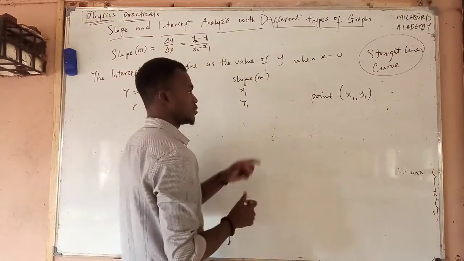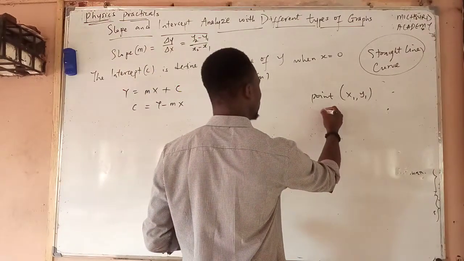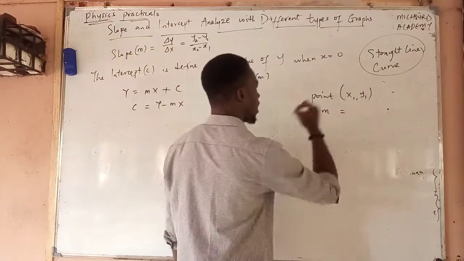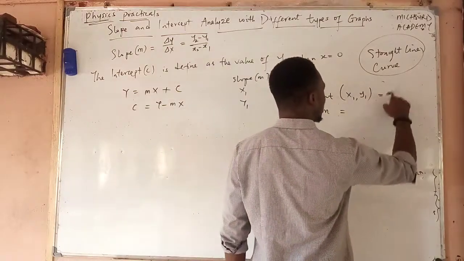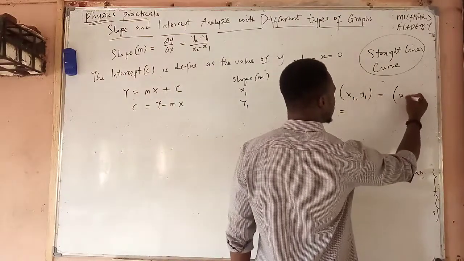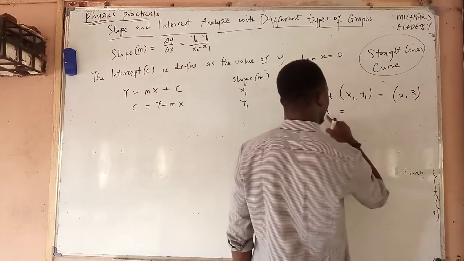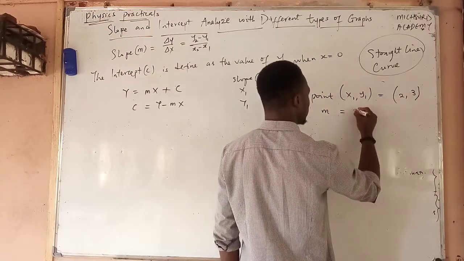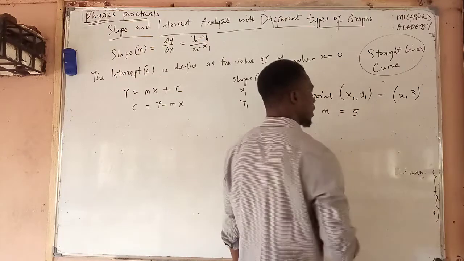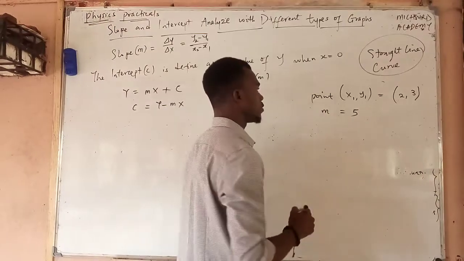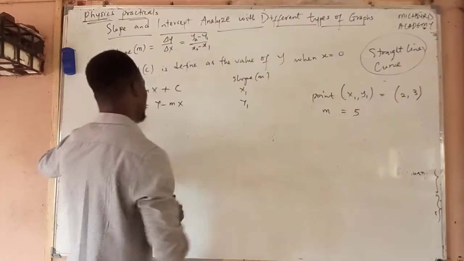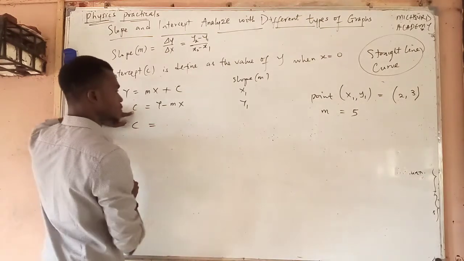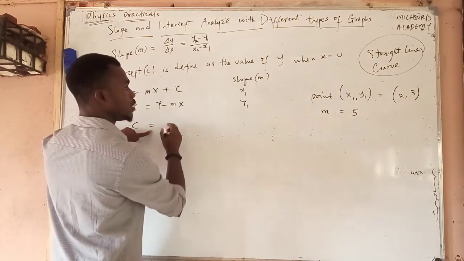Then you must have calculated your slope. Let's say the point here is 2, 3, and for our slope we got 5. So therefore if I want to calculate the intercept, c is equal to